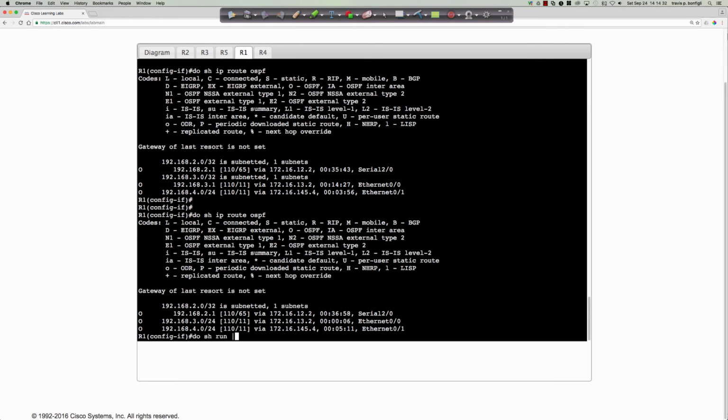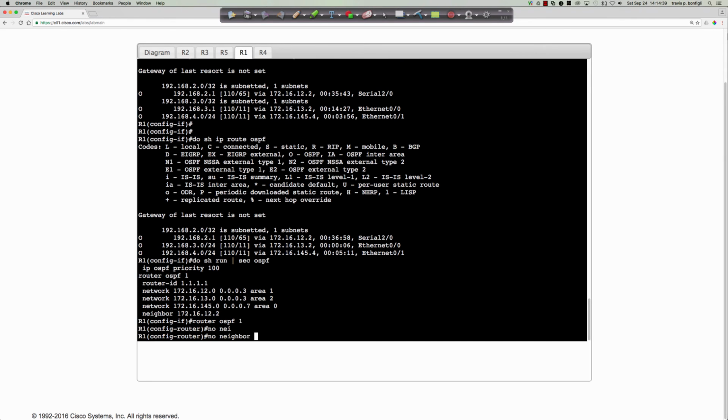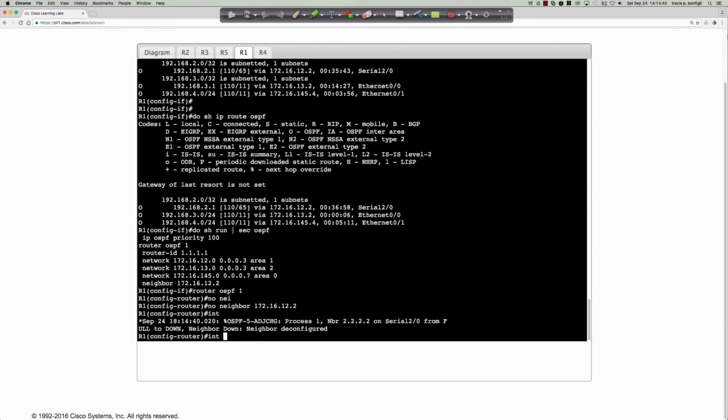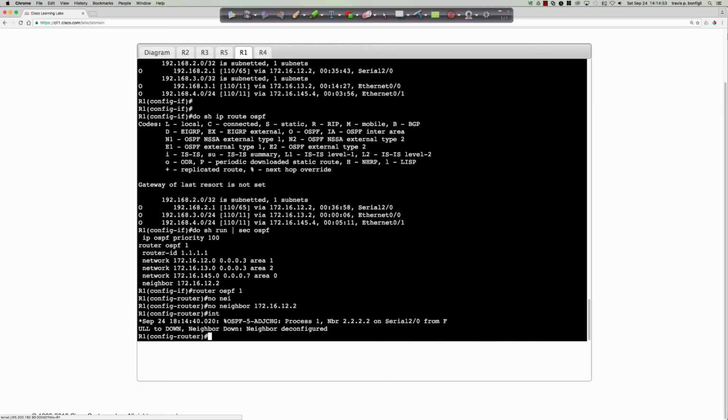Do show run section OSPF. It is. Router OSPF 1, I'm going to say no neighbor 172. So I'm going to remove this static configuration that was required before. I'm going to get into interface, and which interface is it that goes out there? It's serial 2/0, okay. 0/0 and 2/0. So on interface serial 2/0,